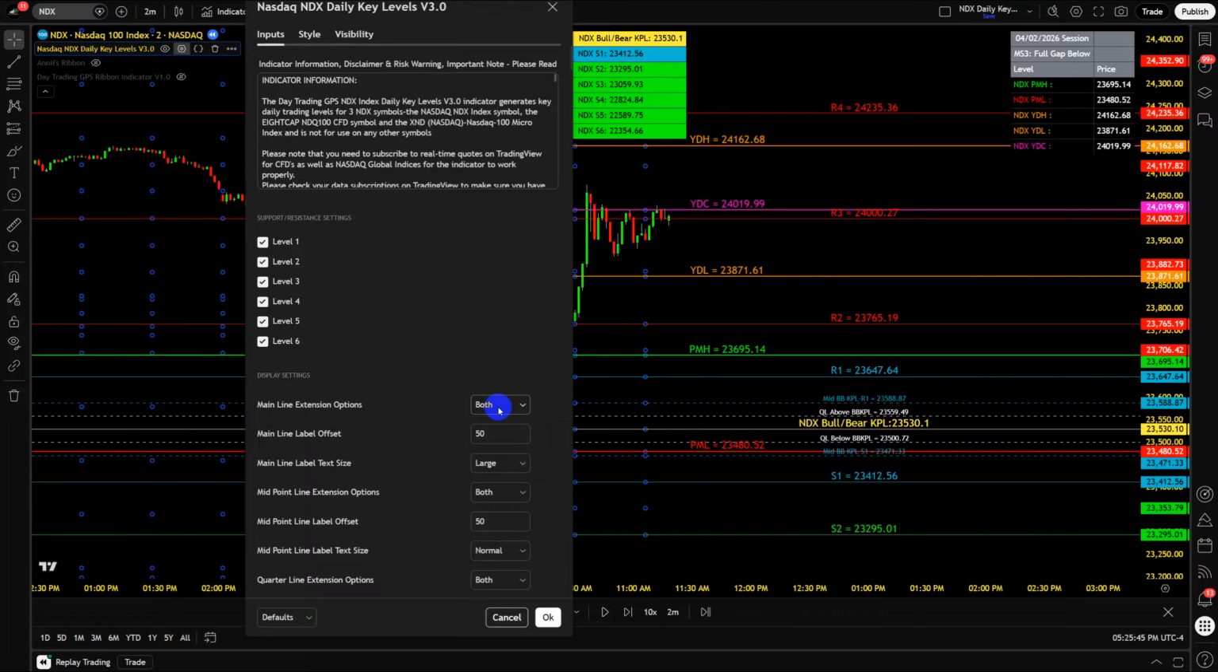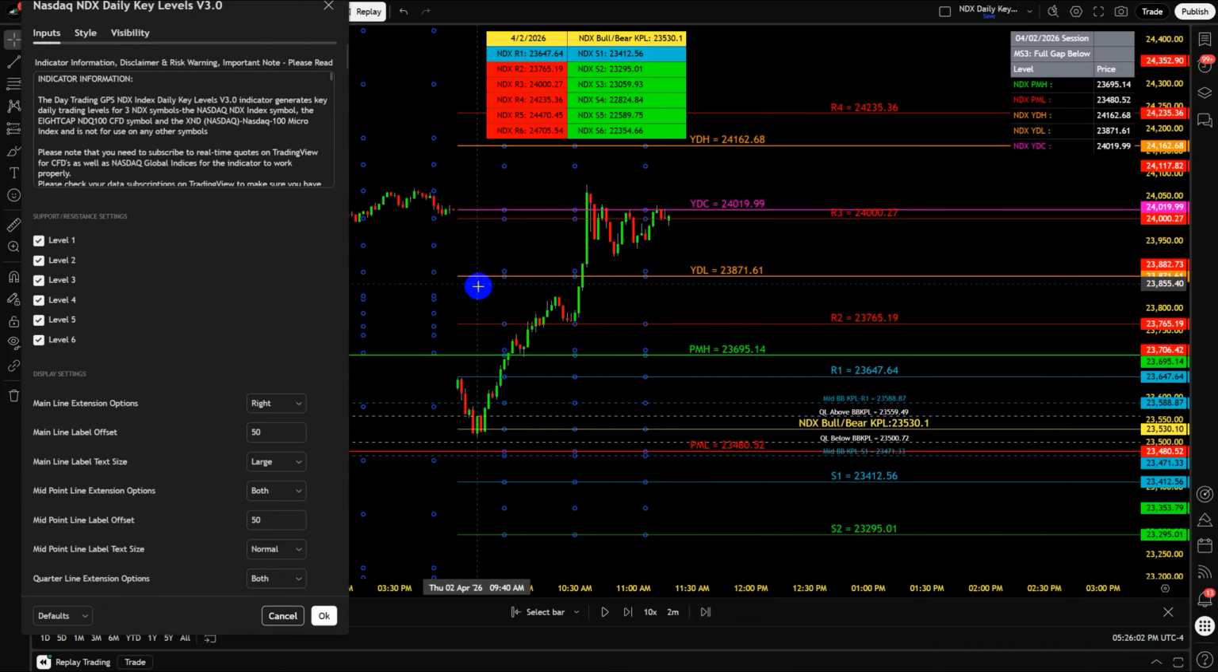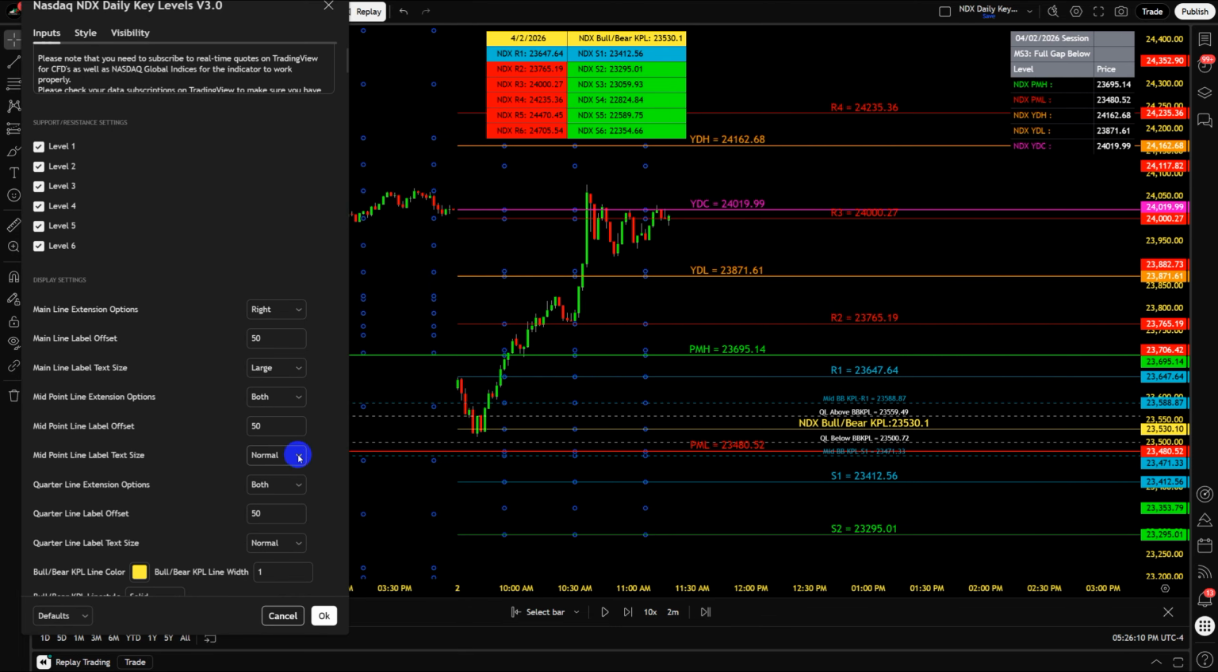The both here means that the lines are extended in both directions. So for example, if you just wanted right only for these, then you could change them to right only. And as you can see here, now we're just going on right only. You can do the same with the midpoint levels. If we change all of them to right only,